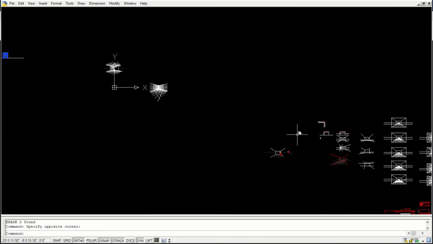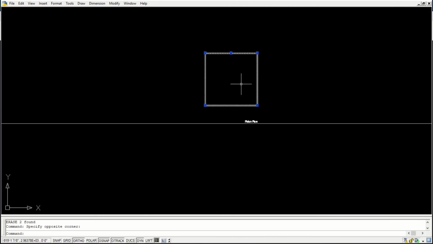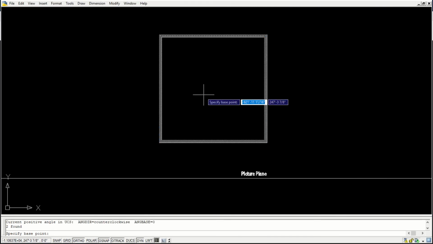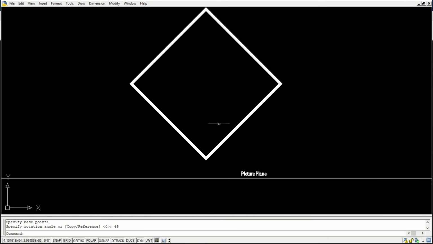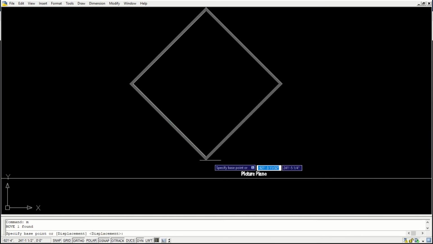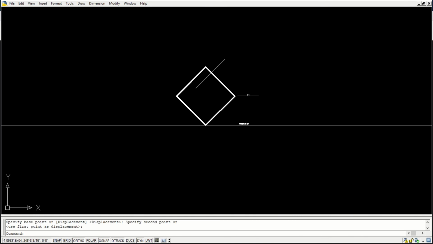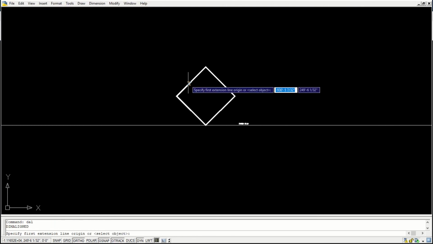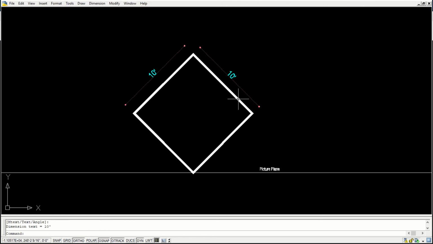Okay, so here I'll rotate this object by 45 degrees. Okay, and I keep one of the edges touching the picture plane.